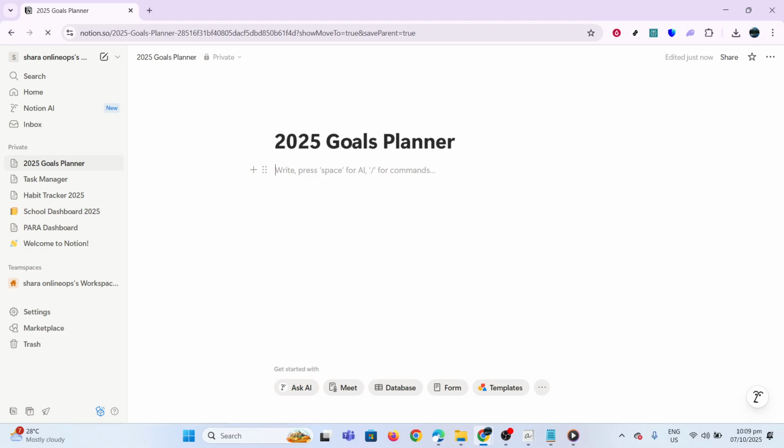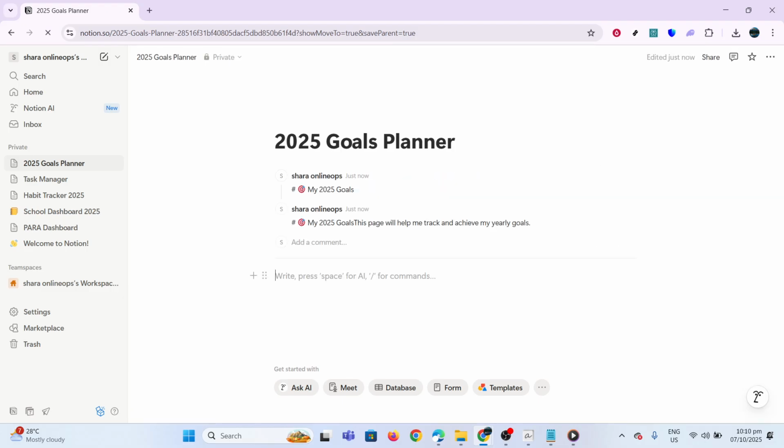Now that we've set up a blank canvas, it's time to give it some structure. Begin by adding a title and an introductory section that sets the tone for your planner. Type My 2025 Goals as your main heading, and underneath it include a brief introduction like, "This page will help me track and achieve my yearly goals." This will not only remind you of your purpose, but also create an inspiring starting point every time you visit